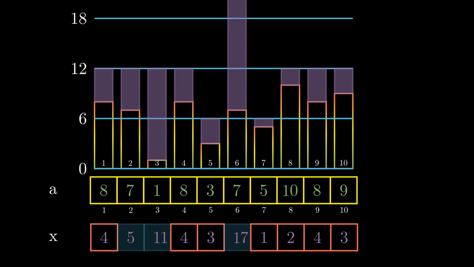This suggests that we must keep a count of all elements in the X array. For example, the count of 5 will be 3 because initially we had 3 indexes which had the value 5. Now let's take a look at how we got the element 17. We had 3 indexes with the value 5. For 17, we increased 5 by 12, that is 2 into 6, because the smaller increments had already been used up.